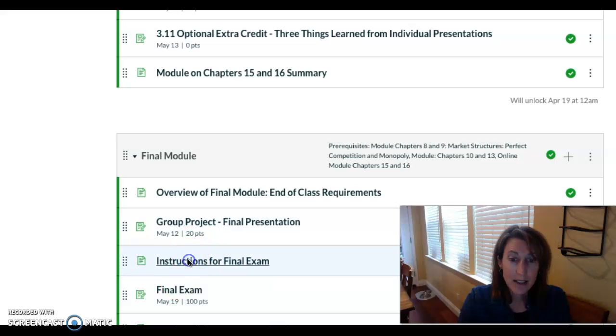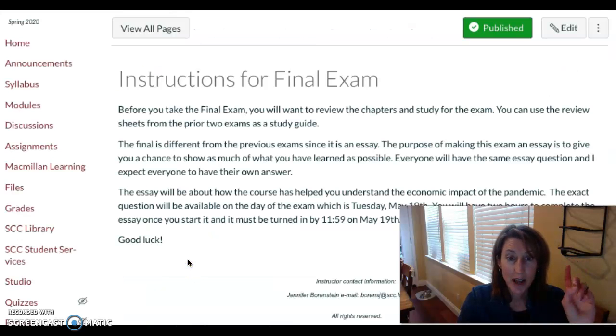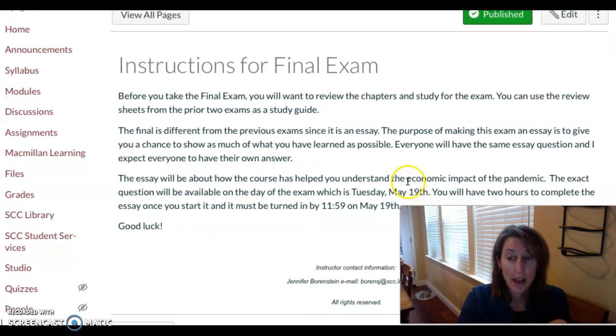The idea is it's going to be one essay. I'm going to have you link what you've learned in the class, and I've got it here, to the economic impact of the pandemic. So you're going to get to do some research and answer one essay. It's not about how well you write, it's about what you can tell me. When you get the question on that day, you'll have all day to answer it. You're going to type it in online. I will be sure to go over this more later, but that's one of the big changes in the class.